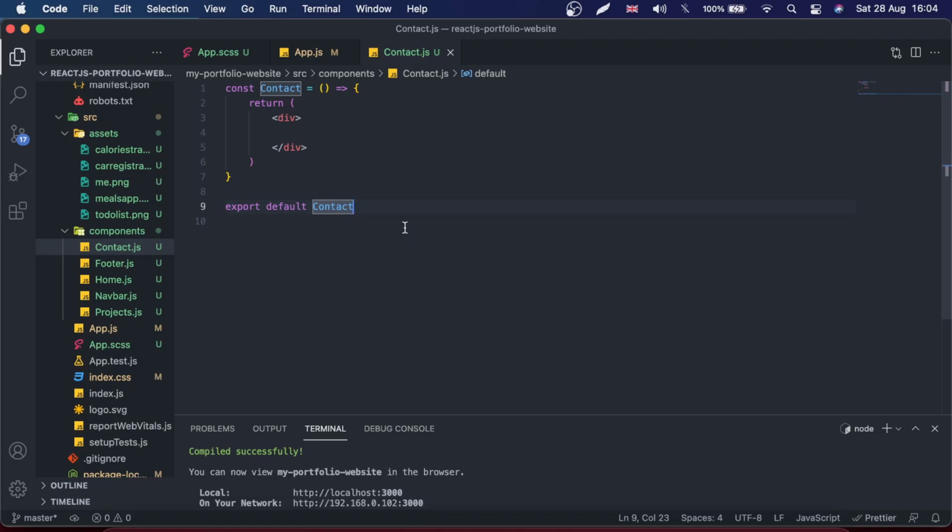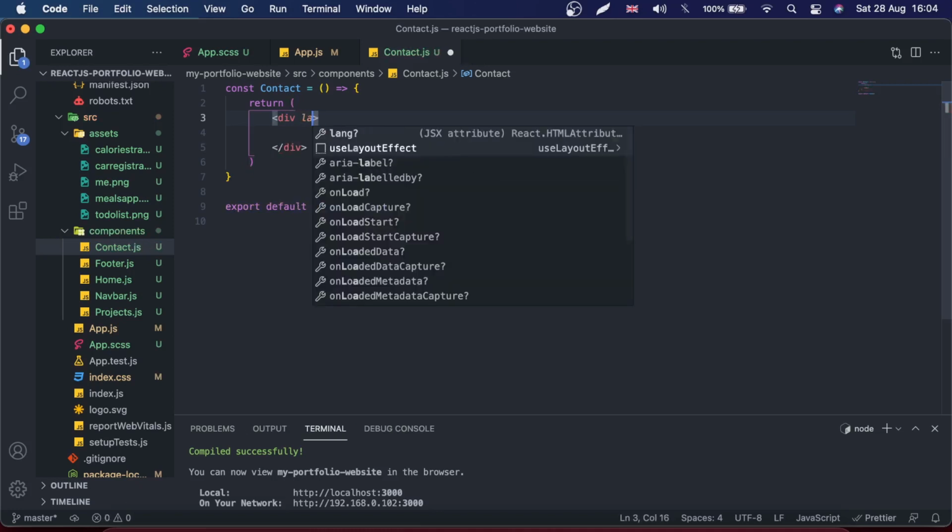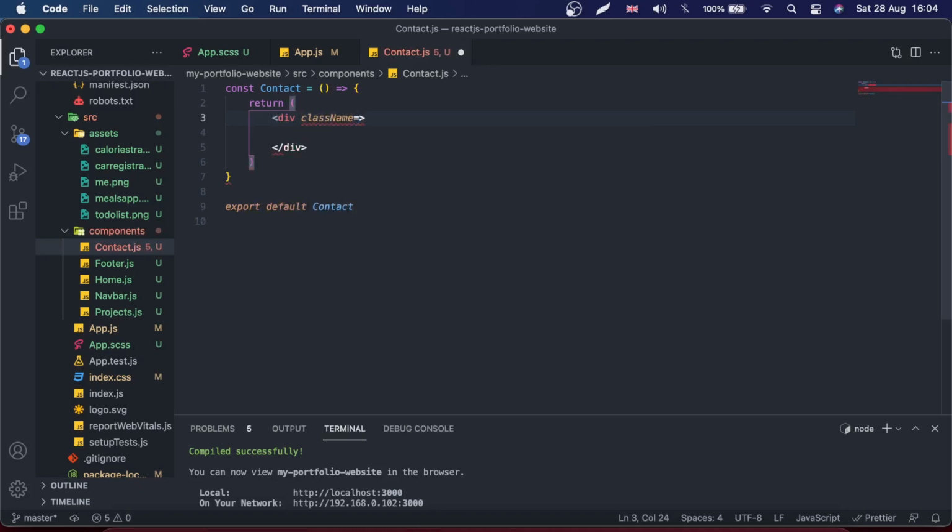Basically, we will have a div with the class name of contact,